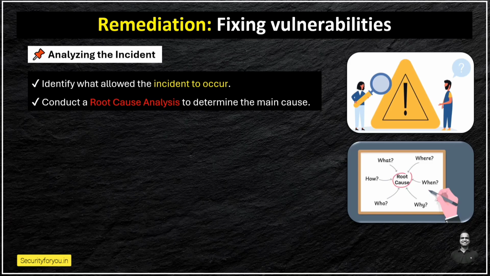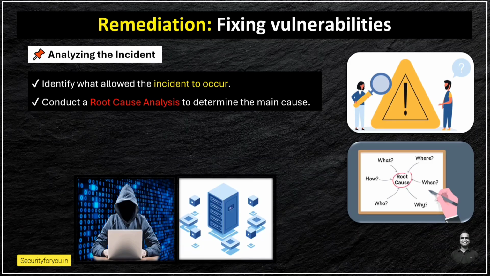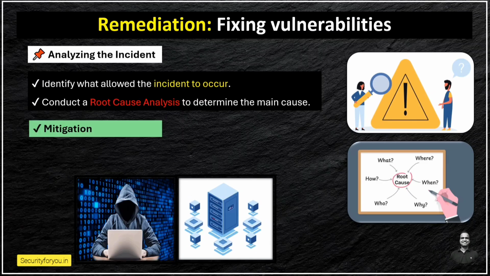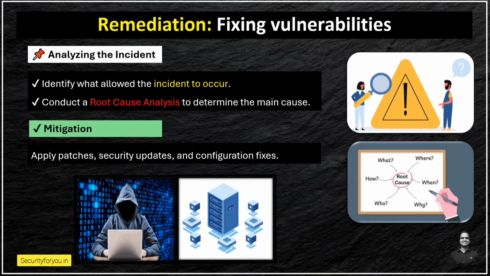For example, if attackers successfully accessed a database through a website, the team would examine all the system elements to determine what allowed the attackers to succeed. If the root cause analysis identifies a vulnerability that can be mitigated, it will be done. It could be possible that the web server didn't have up-to-date patches, allowing the attackers to gain remote control of the server. And remediation steps might include implementing a patch management program, right?